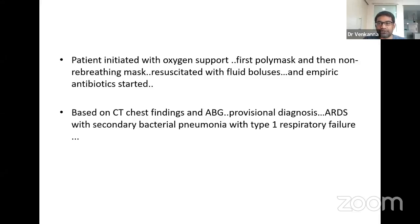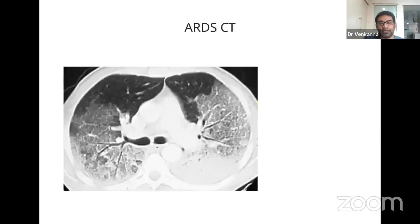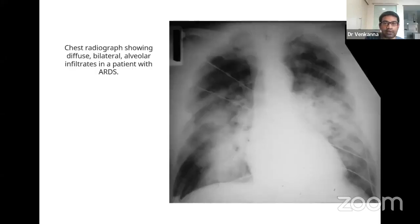The patient was initiated on oxygen support with a polymask, then went to a non-rebreathing mask as the SpO2 was not maintaining. As other parts of resuscitation, a fluid bolus and empiric antibiotics were started. Labs and CT chest were done, and ABG was taken. Based on the labs and CT, it was found to be ARDS with secondary bacterial pneumonia with type 1 respiratory failure. This is the CT. You can see typical ARDS, with GGOs in the mid zone and basal zone, and consolidation also. The X-ray also depicts bilateral